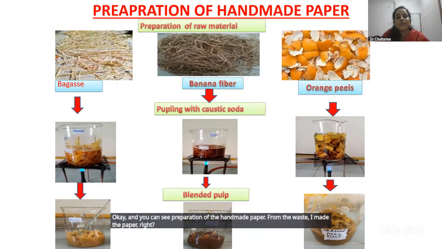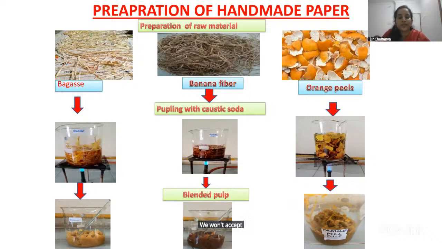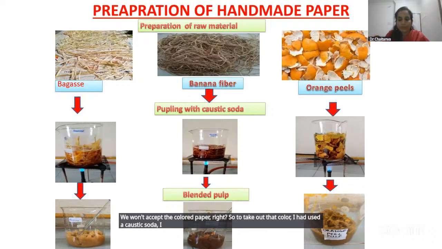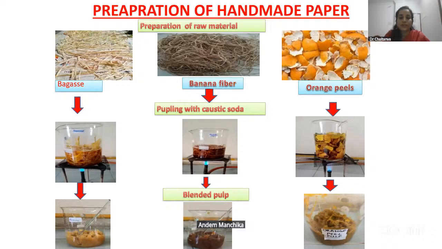So during the steps I added the caustic soda. Caustic soda will be added to take out the color. See, whenever we say paper, all will be thinking it should be white in color. We won't accept the colored paper, right? So to take out that color, I had used the caustic soda. I made it into pulp, meaning you have to make sure it becomes nicely soft pulp. Then